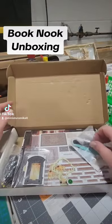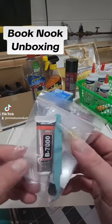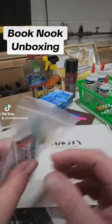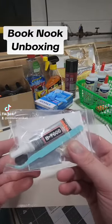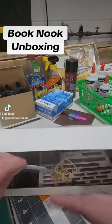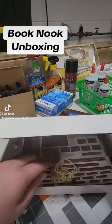Well, here it is. You're going to get this little pouch, and it's going to have maybe glue in it or tweezers, maybe some extra parts or delicate parts. You see the mirror there. Those are actually stickers. They're not all the same. You might get glue, you might not, you might get tweezers, you might not, but you're going to get some kind of accessory pouch. And then you're going to get some extra pieces, maybe some more delicate pieces or different